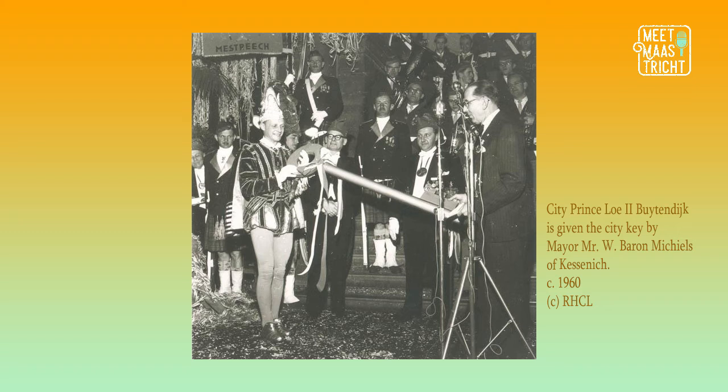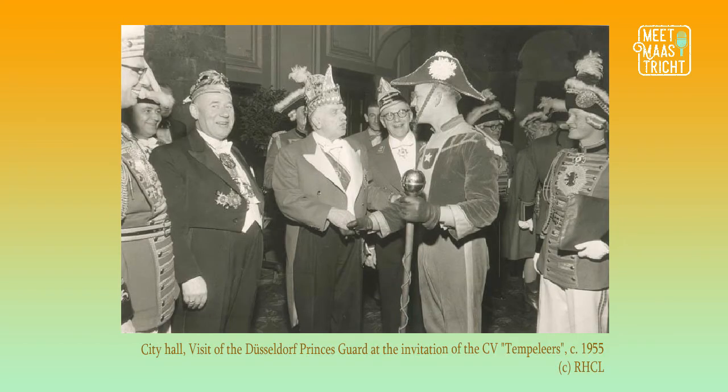And of course it is all fun and games, right? You understand, this is all tongue-in-cheek and nonsense, more entertaining cabaret than anything else. And there will always be guests there from the national government, and they fight over who's going to get to go to Maastricht this year for Carnival. And I wonder why, because the entire proceedings are in the Maastricht dialect, so I really wonder how much they...